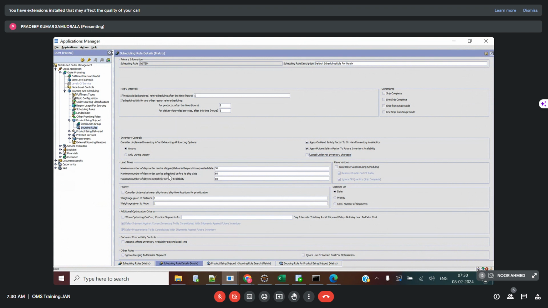Maximum number of days an order can be scheduled before its ship date. For example, you have an order placed just today. Today is February 8th, but you can schedule your order for something like after 10 days or 15 days. For example, on February 18th, we have the requested ship date. So if you start scheduling today itself, what happens? It will consume the inventory, however, you are not going to ship the order today,